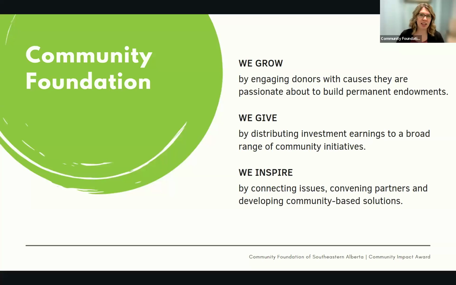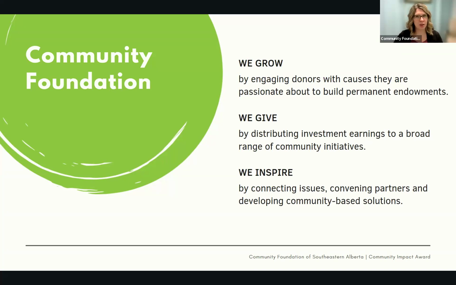We then take the interest earned off those endowments and we give through a granting process. We have a number of different funds, a number of different grants that we give through. The Community Impact Award is just one of them. And we also inspire by connecting issues, convening partners, and developing community-based solutions.